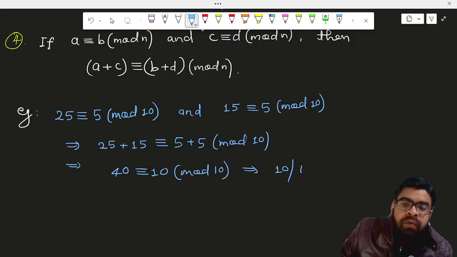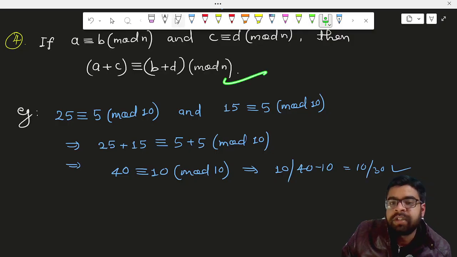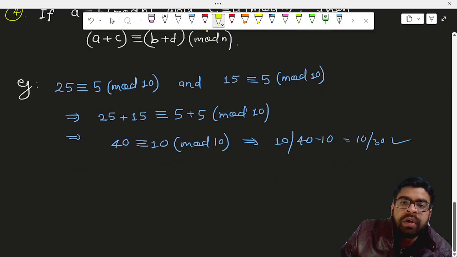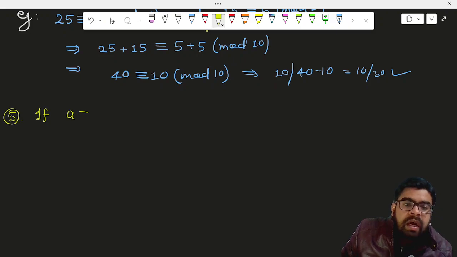10 divides 40 minus 10, which means 10 divides 30. So yes, it is true. So this property always holds. Okay. Now write down the property number 5. Write in it, if A is congruent to B modulo n